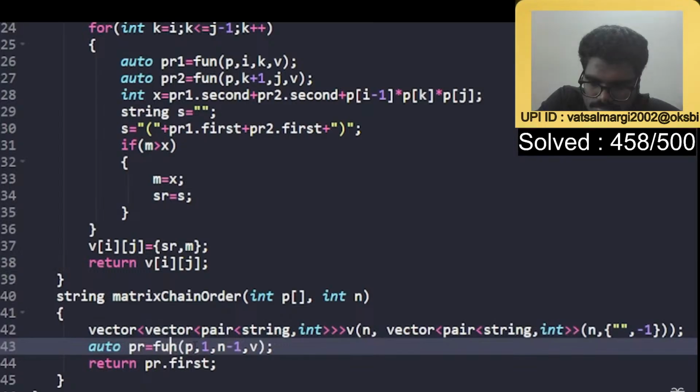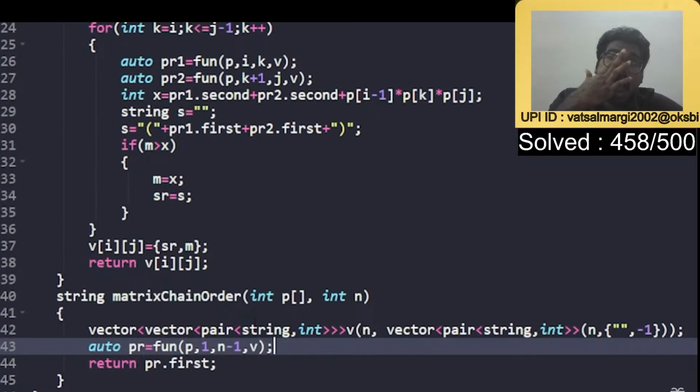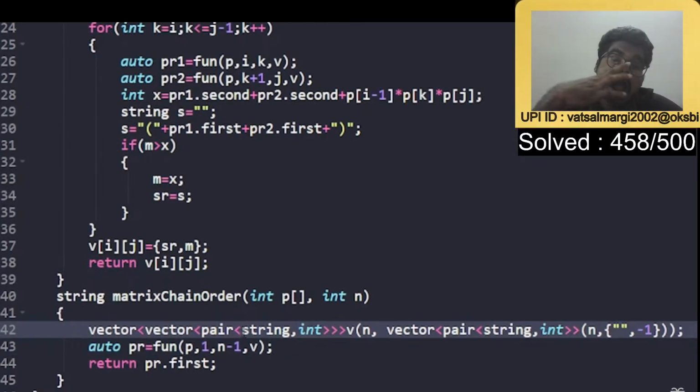Then we'll call our function recursively, passing this particular DP there, and we'll start from 1 to n-1. What we used to do in matrix chain multiplication, the concept is exactly the same. And then after this computation has been done, we have to return what? We have to return the string. We have to return the brackets in the matrix chain multiplication, and that will be stored in the first part